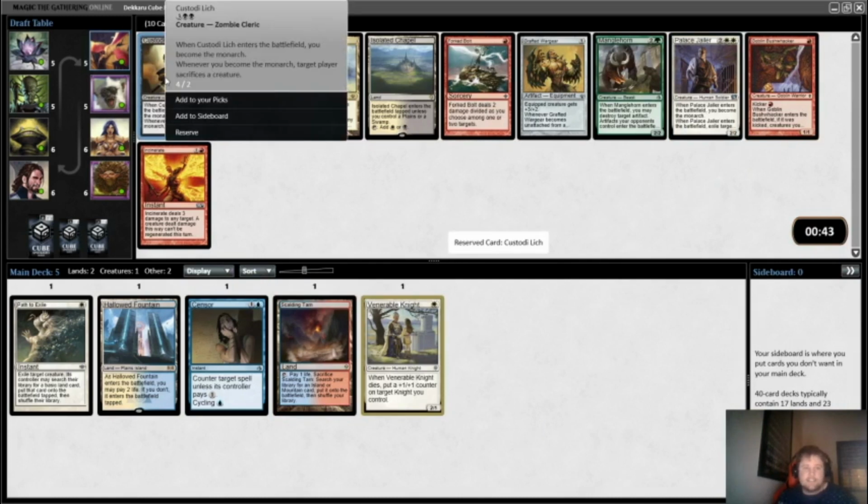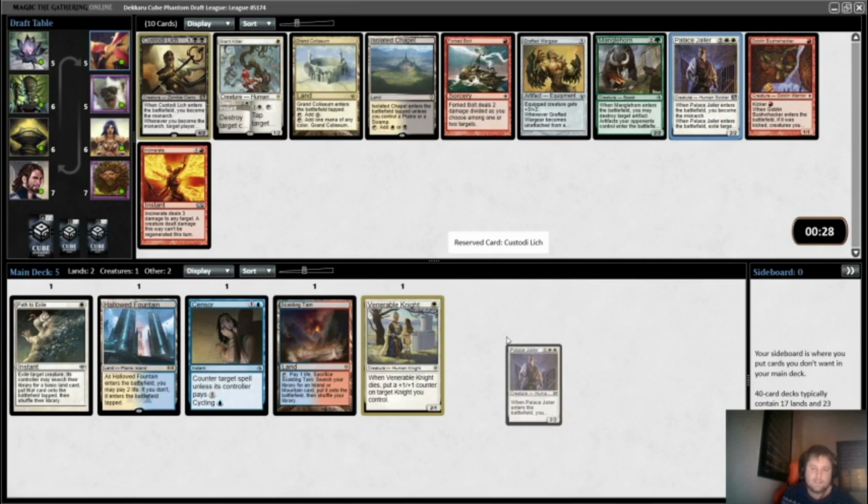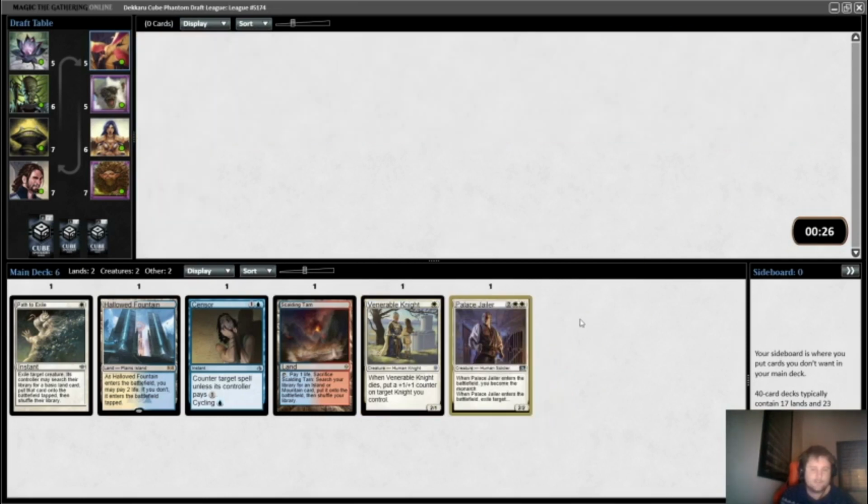Also, Custody Lich is very similar to Palace Jailer. If you guys haven't played much with Custody Lich, this card's good. It's Palace Jailer, except they sacrifice as opposed to exile. If they hit an ETB creature and they get the Monarch back, it's not as brutal for you, because it says every time you get Monarch, they sacrifice. So if they win Monarch back when you've got Palace Jailer out, they get their creature back. Oh no. If they get their creature back...